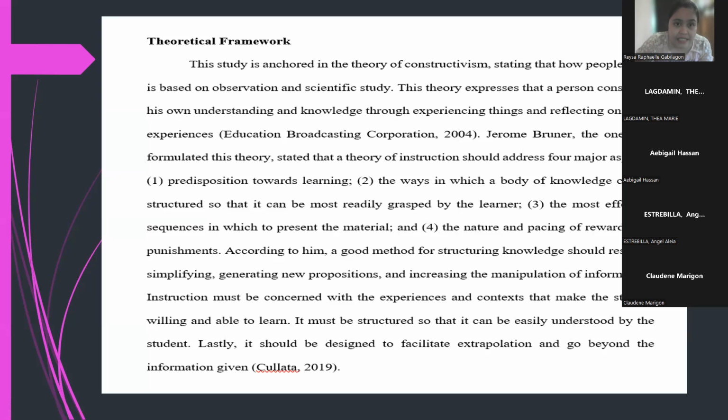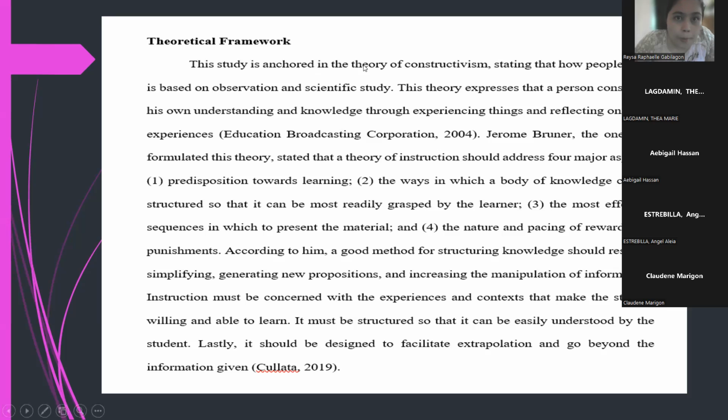Ito medyo putol ata ito, pero this is just an example of a theoretical framework. Yung study is all about developing a laboratory manual sa pharmacology. I don't know if you have pharmacology na subject, but again, the study is about making a laboratory manual for